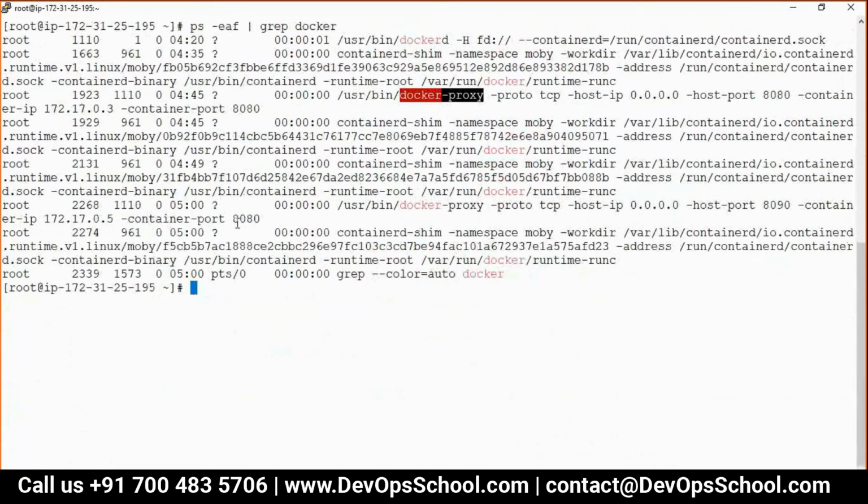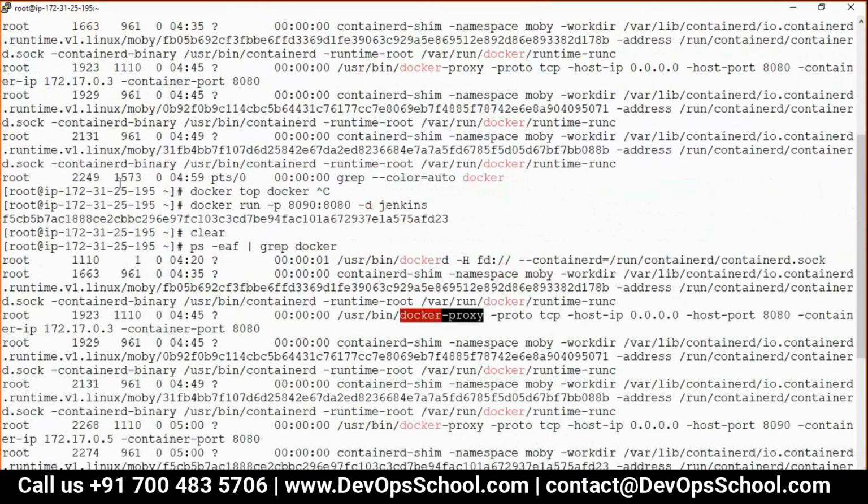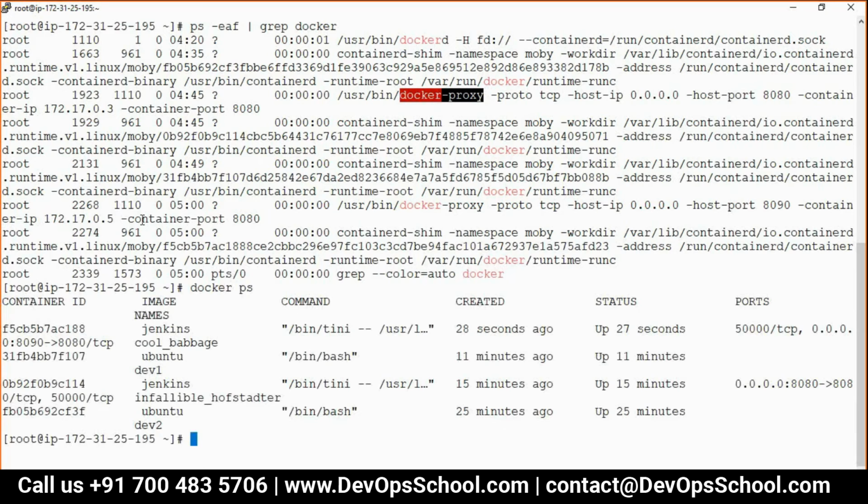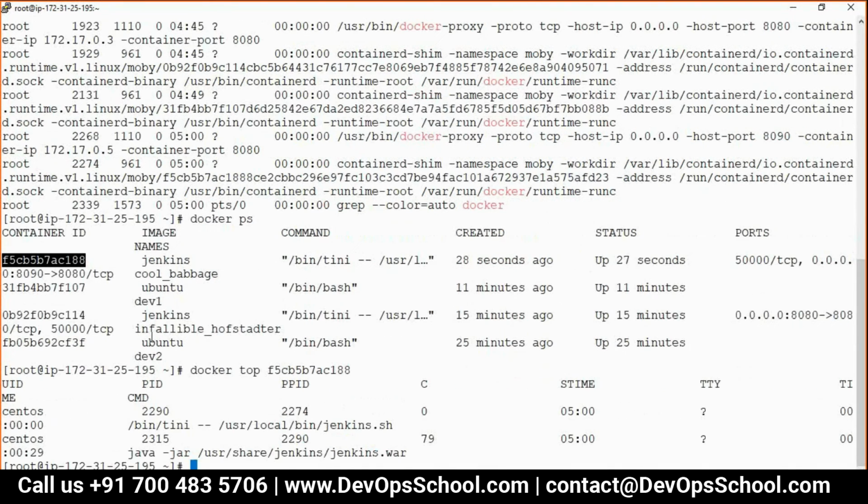So here, how do I know? Now I want to know one container's PID on the host machine. What will I do? docker top. Okay, and here, did you get to know? This container ID F5 is having PIDs 2315 and 2290.